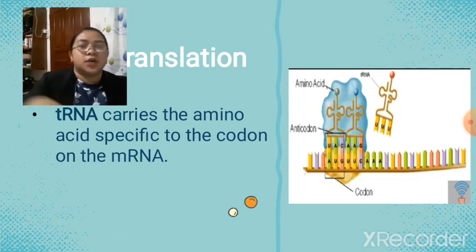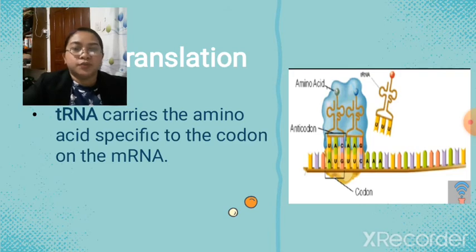So it carries the amino acid specific to the codon on the messenger RNA. So the transfer RNA is the smallest of the 3 types of RNA, possessing around 75 to 95 nucleotides. So transfer RNAs are essential components of translation, where their main function is the transfer of amino acids during protein synthesis. So therefore they are called transfer RNAs. So each of the amino acids has a specific tRNA that binds with it and transfers it to the growing